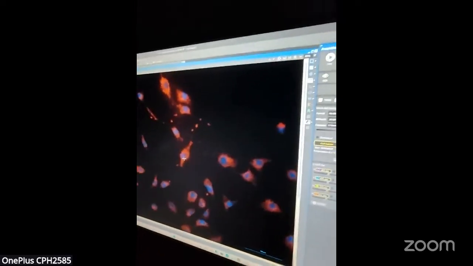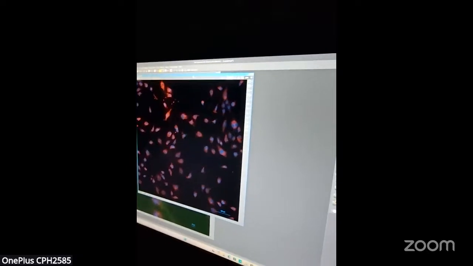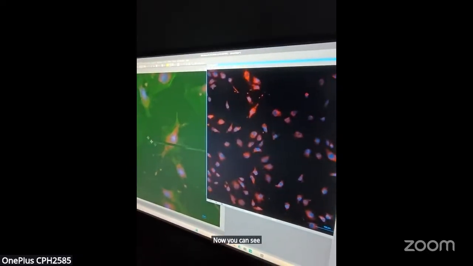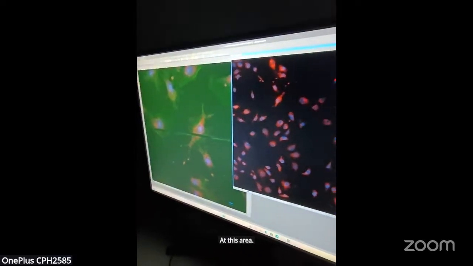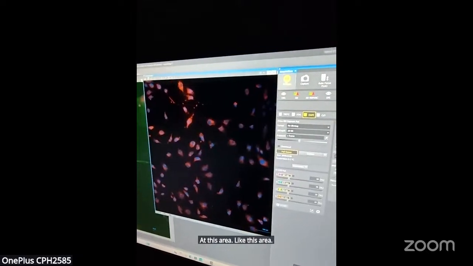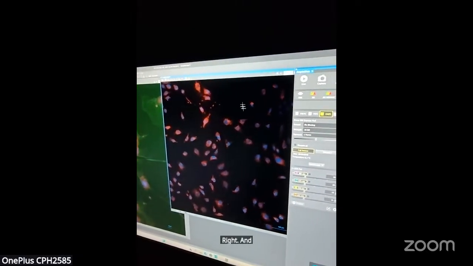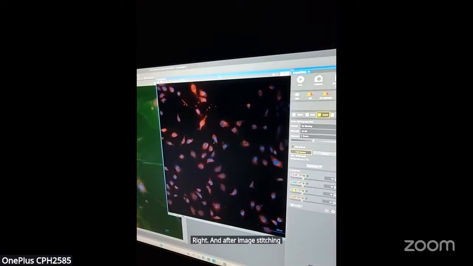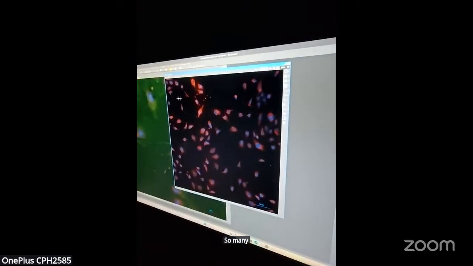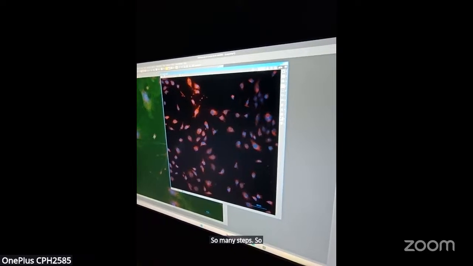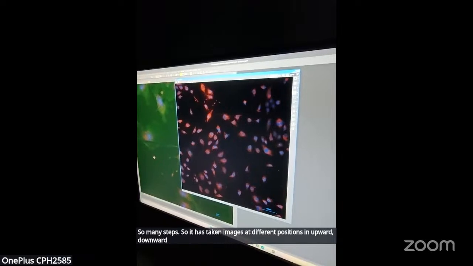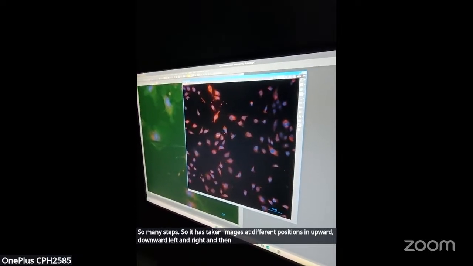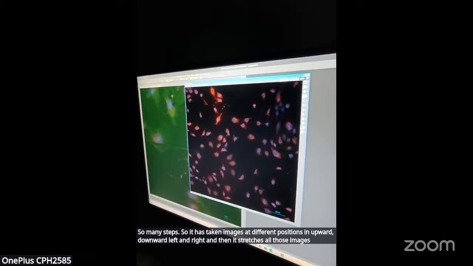Now you can see we did live at this area, like this area, right? And after image stitching, you can see so many cells. It has taken images at different positions in upward, downward, left and right, and then it stitches all those images to make a large image.